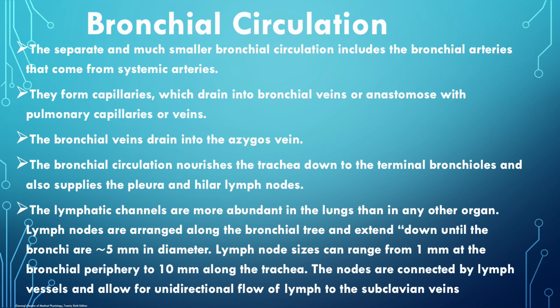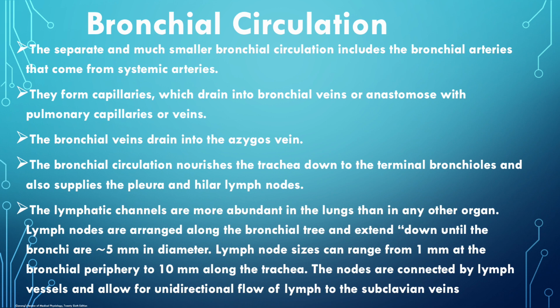The bronchial veins drain into the azygous veins. The bronchial circulation nourishes the trachea down to the terminal bronchioles and also supplies the pleura and the hilar lymph